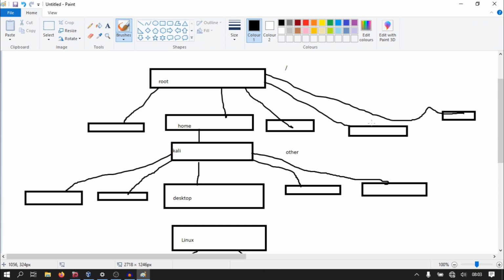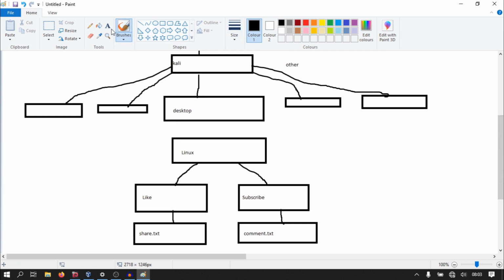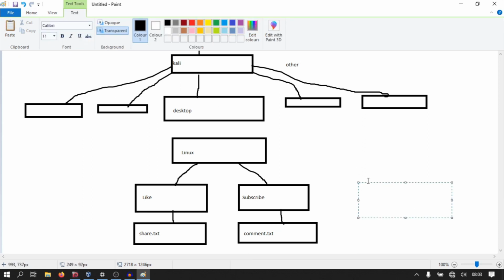That means if you want to go to this comment.txt file, and if you choose to name its path from your home directory, that is /home/kali/desktop/linux/subscribe/comment.txt,